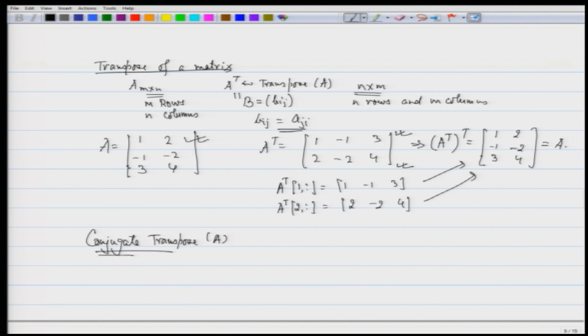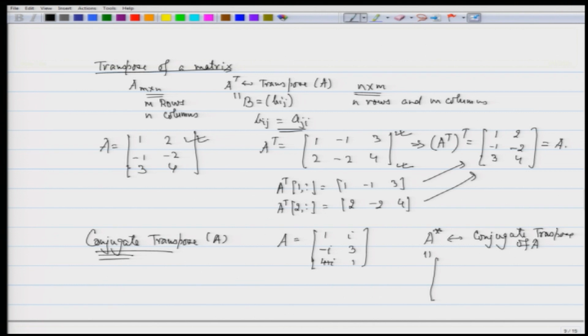So, when we talk of conjugate transpose, we generally look at a matrix A which has complex entries. For example, if I have matrix A with entries 1, i, minus i, 3, 4 plus i, and 1, then we write A star to say that it is the conjugate transpose of A, and this turns out to be equal to, again we interchange the rows and columns, but we